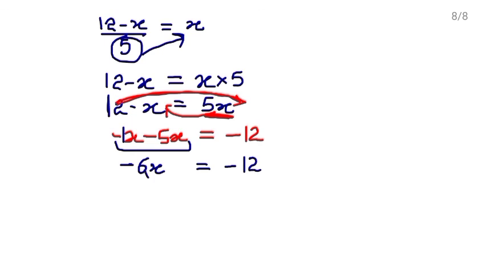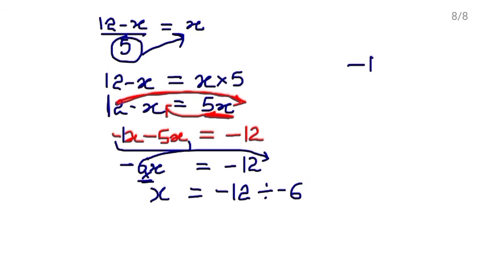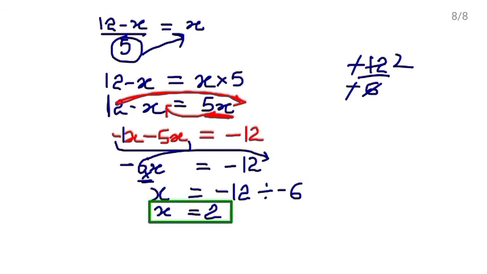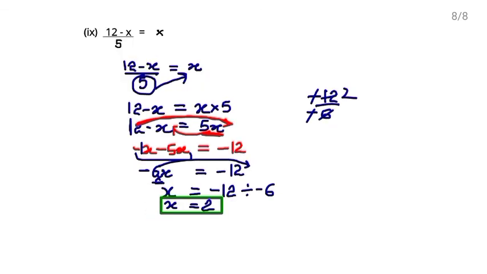Minus 6x means minus 6 multiply x. So leave this x alone and move this minus 6, which was in multiplication, to the other side. ये multiplication में था, so after moving to the other side this will be in division. Minus 6 कहाँ पर चला जाएगा, division में चला जाएगा. It means minus 12 divided by minus 6. Minus to minus cancel out, 6 2s are 12. So the value of x which we are getting is 2. This is the solution of this given equation.